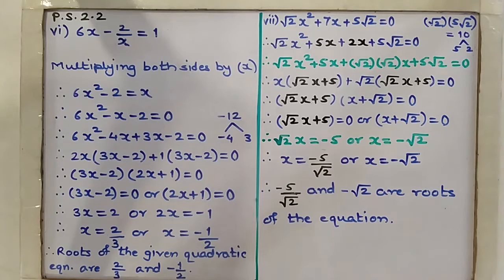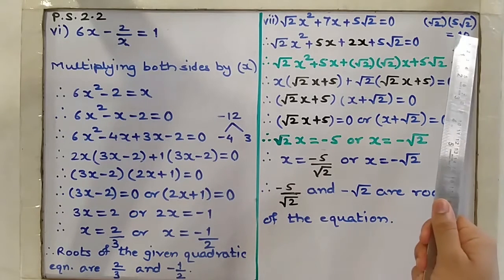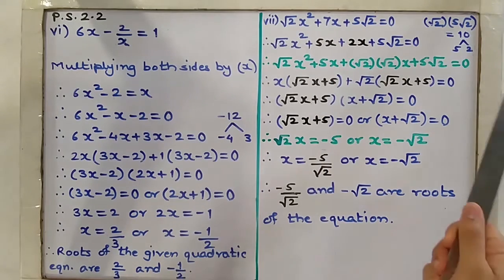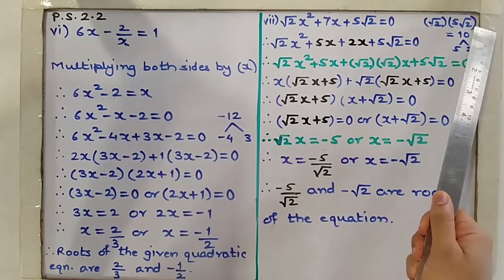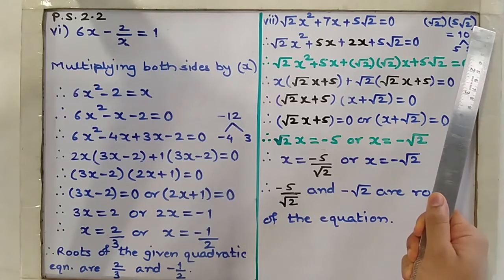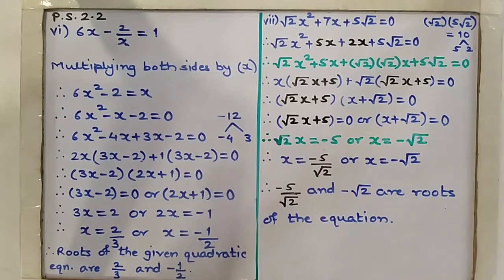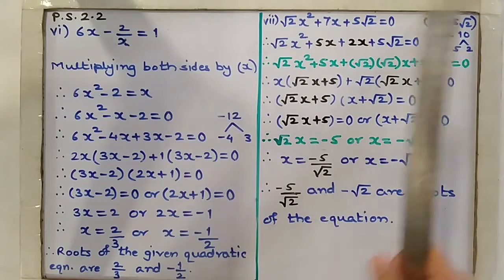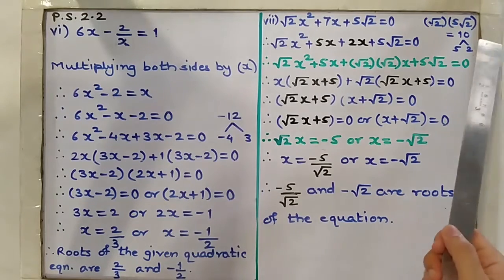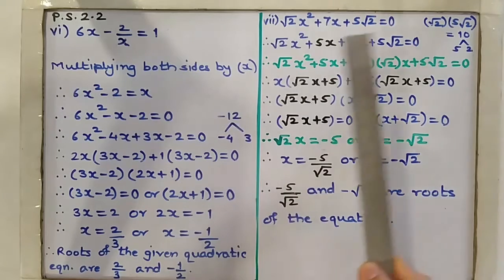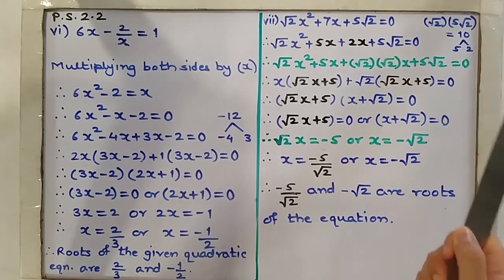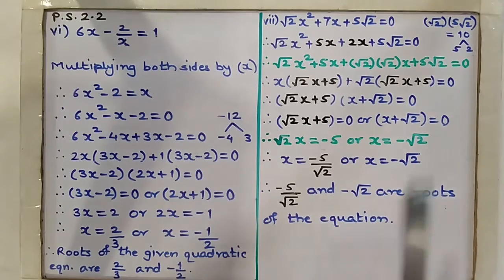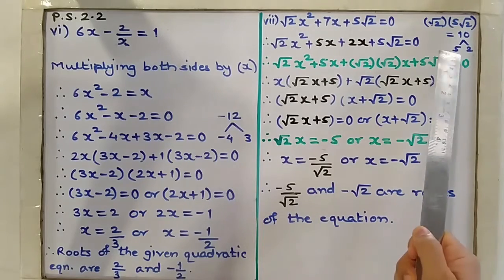Now we have to find two numbers such that the product is plus 10 and the sum should be plus 7. Now since the product is positive, it means that both the numbers will either be positive or they will be negative. But as the sum is positive, both the numbers will be positive. So we'll take two numbers plus 5 and plus 2. Plus 5 multiplied by plus 2 is 10 and 5 plus 2 is 7. So as both the conditions are getting satisfied, the numbers are 5 and 2.